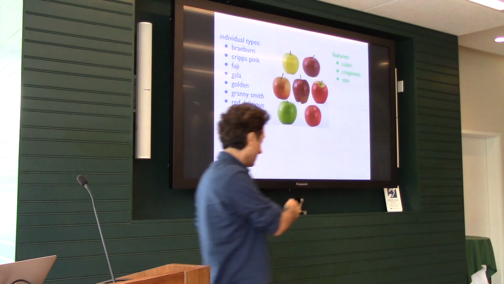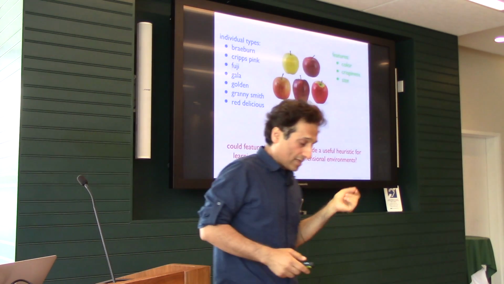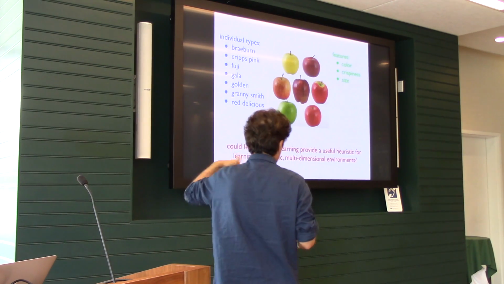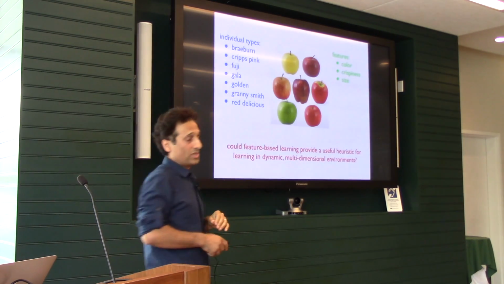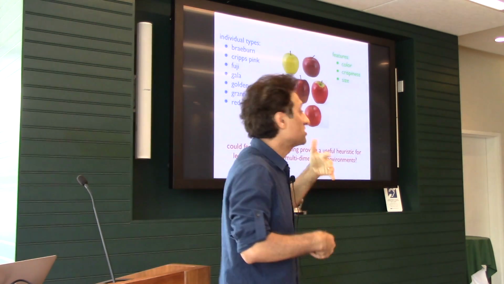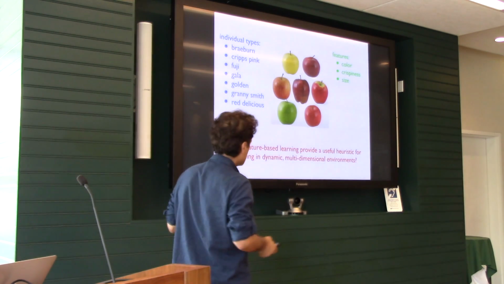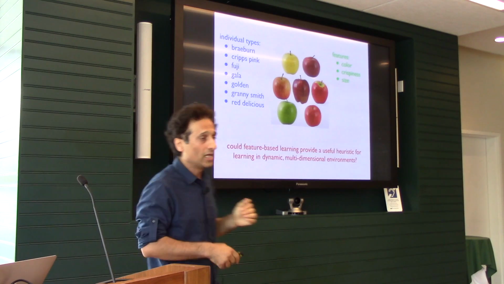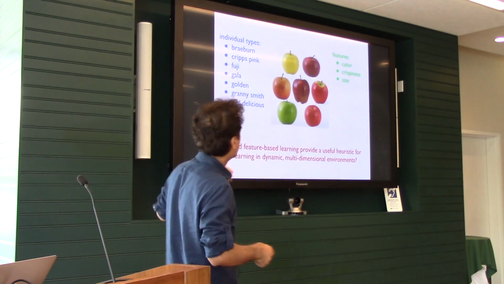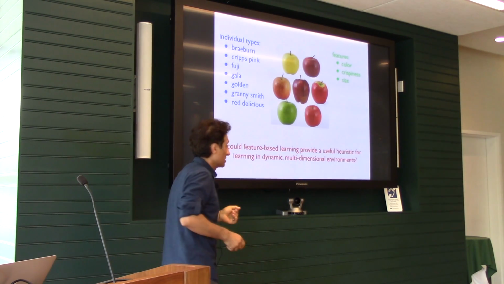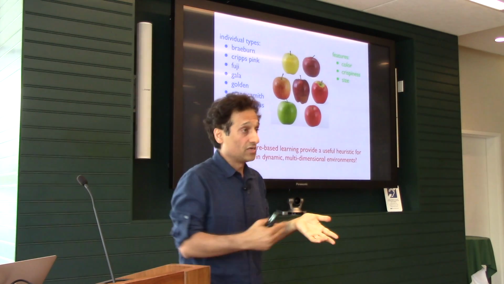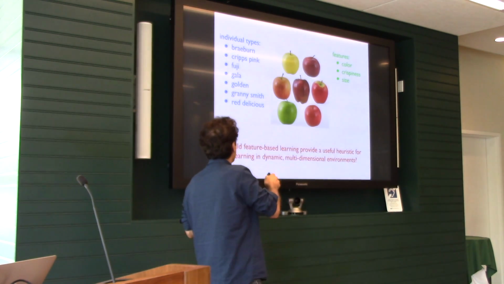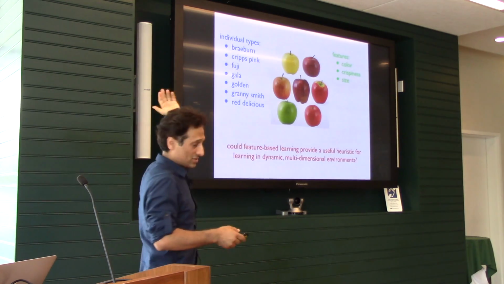That is basically what I'm going to talk about today: how you construct a simpler model of the world. It's based on, of course, some assumption, which we call feature-based learning. You learn about features of options, or it can be actions. Here, we talk about options mainly, and how that can help you deal with multidimensionality and volatility of the environment. So it should be clear right now that I can talk about this slide for a while.